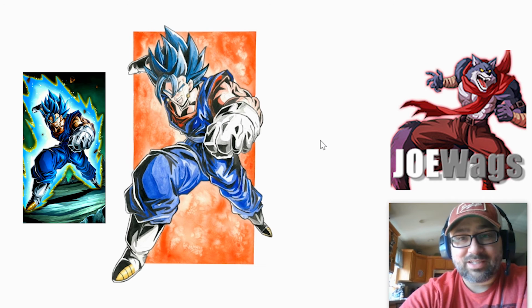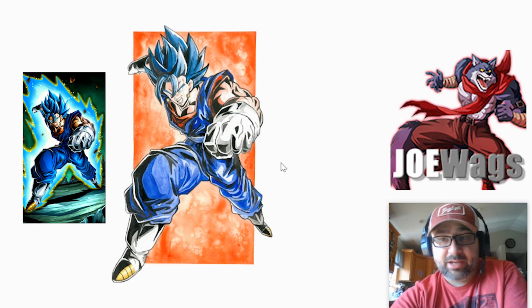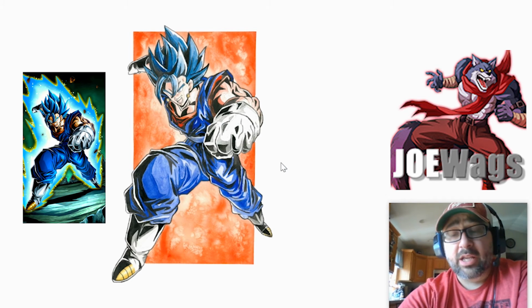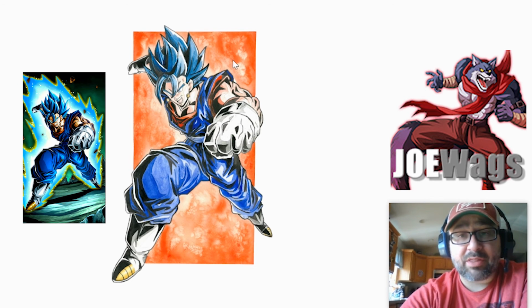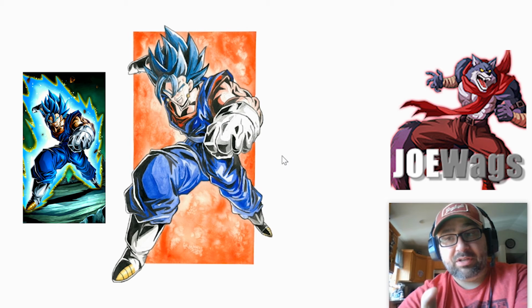This one's LR Strength Vegito Blue. This guy in Dokkan is really interesting because he's a really unique character in that he came from a legendary campaign where you could vote on what LR you wanted to get for free. And so we voted, and this was the guy that came out of that legendary campaign. And he's the only unit that has been released in that manner. So we don't know if they will ever give him an EZA, or if they would even do